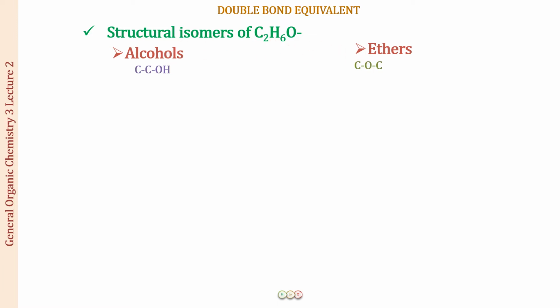Now, why have I not drawn an aldehyde? Well, if I draw an aldehyde for the structure, it will be a CH3 for 2 carbons and a CHO. Now, this CHO has a double bonded oxygen to the carbon. But what I've seen is, in the DBE, the value was coming up to be 0. That was not coming up to be 1. Had it been 1, yes, there would have been one double bond present. But now, because this is 0, I know exactly that there is no double bond in my structure. It has to be all single bonds.